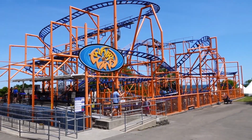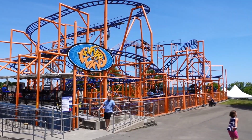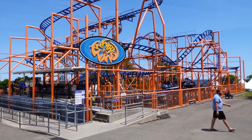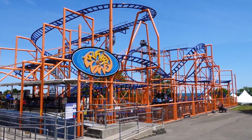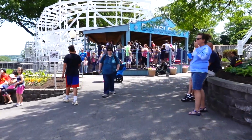So, only been on one bad Maurer spinner, and that was the Extreme or whatever it's called. Dixie Landing, Blue Water Bayou. Yeah, that was the only one that was terrible. All the other Maurer spinners that we've been on have been awesome. So, Whirlwind was cool. And then over here is one of the other star attractions